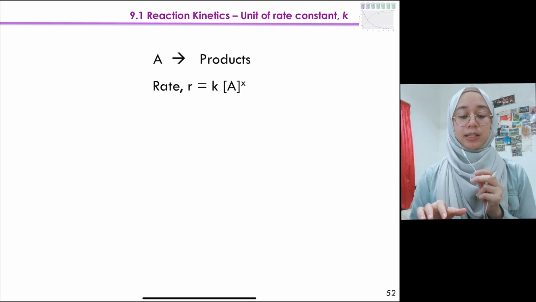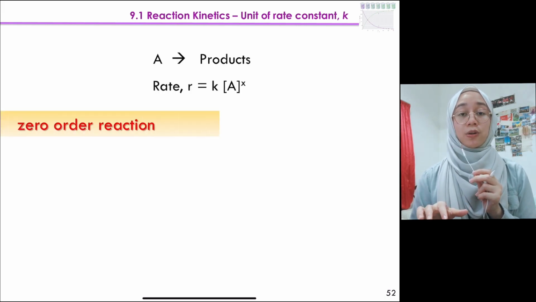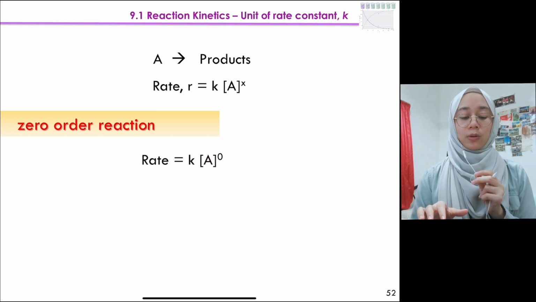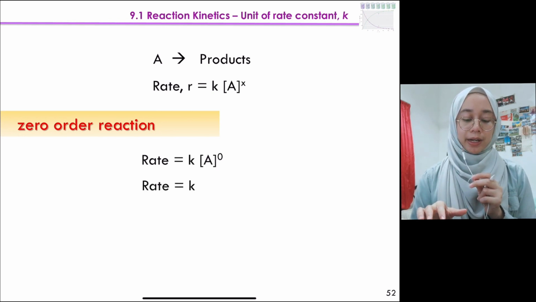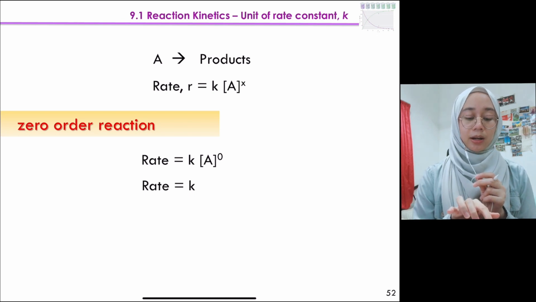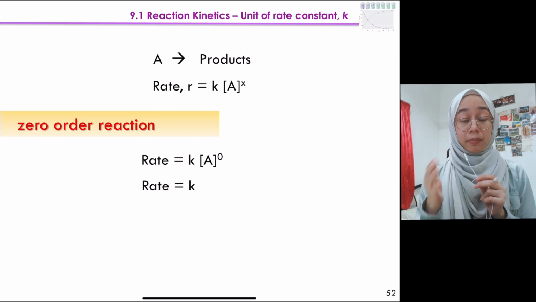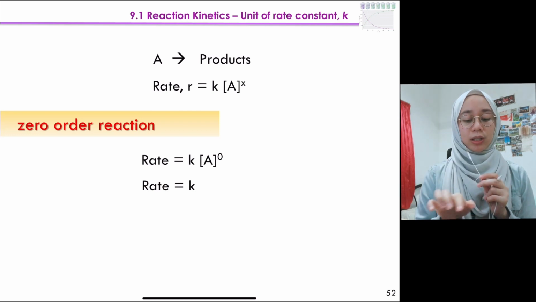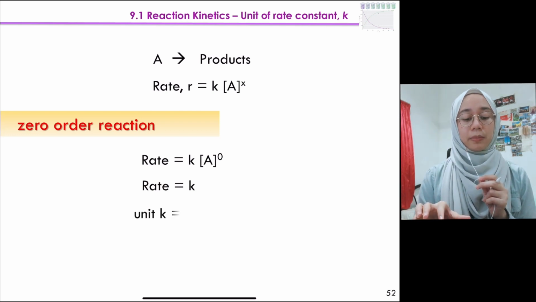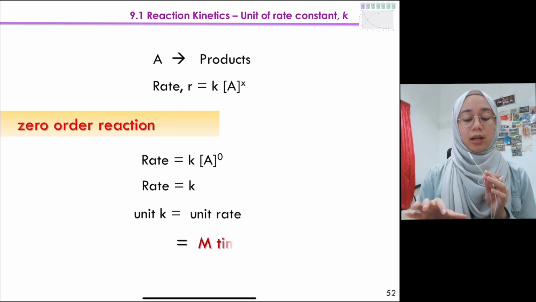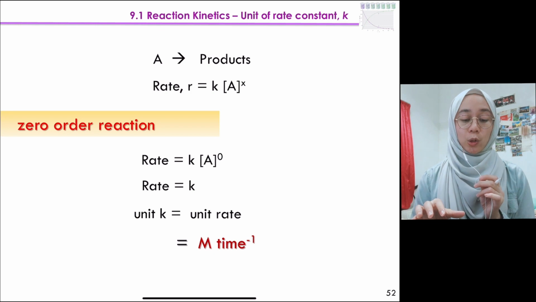Okay, so basically kalau zero order, rate law kita kan macam ni rupa dia. So rate, kamu tahu kan dia punya unit rate adalah molar per time. Okay, molar per time bermaksud K kita pun adalah molar per time juga. Okay, so unit K sama aja dengan unit rate, therefore molar per time untuk zero order